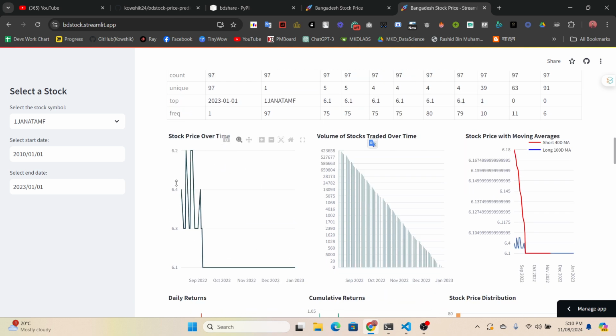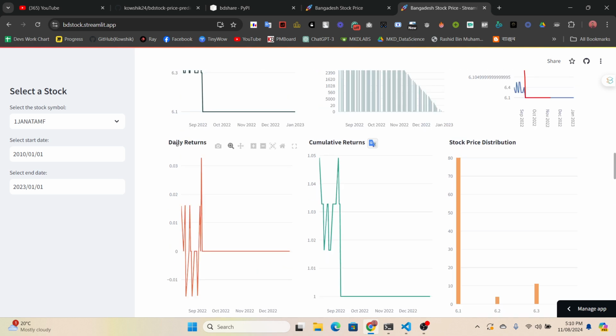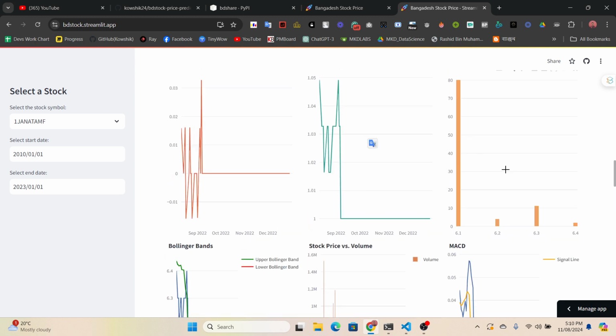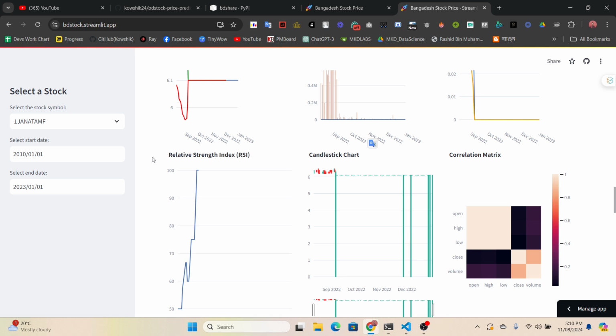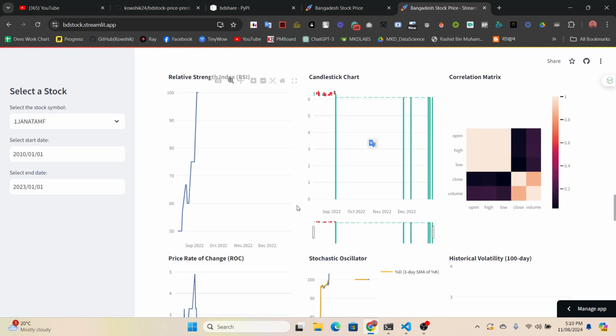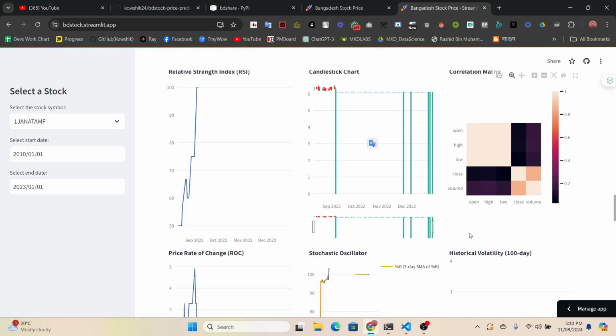stock price has fluctuated over time, volume of stock traded over time, and stock price with moving average, basically 40 days moving average and 100 days moving average, you can see right there. And daily returns, cumulative returns, stock price distribution, how it is actually distributed, then Bollinger bands, then stock price versus volumes, MACD value, relative strength index, RSI, candlestick chart, correlation matrix, you can see right there, and